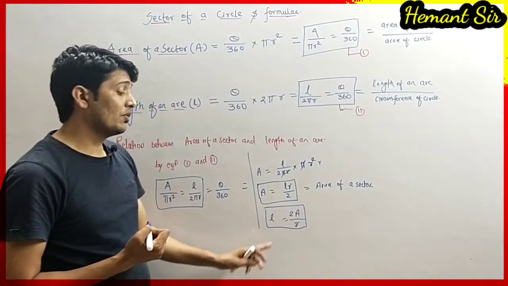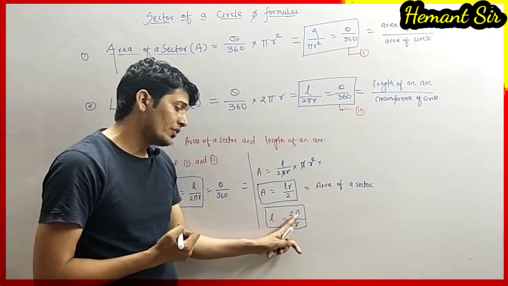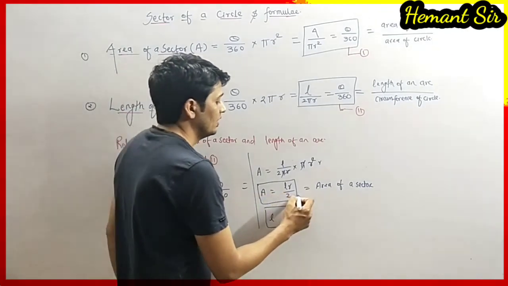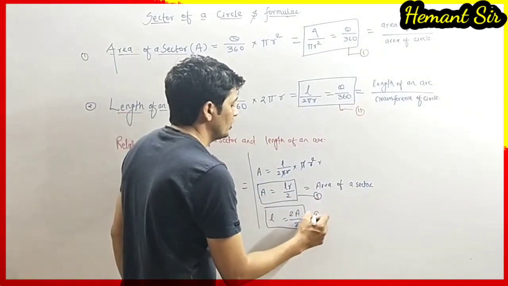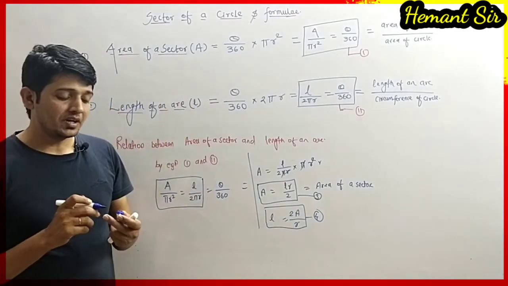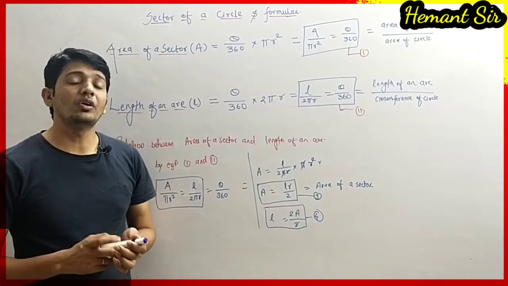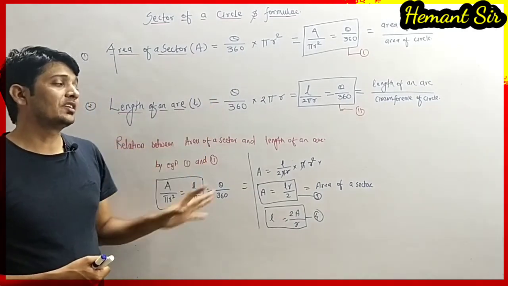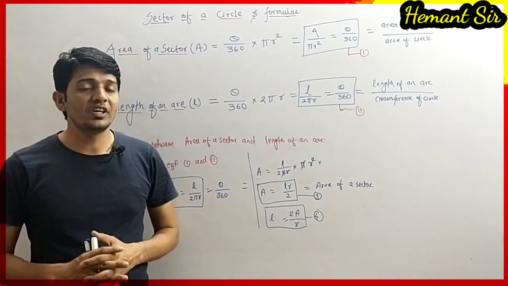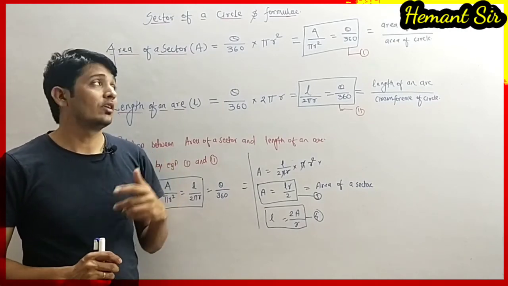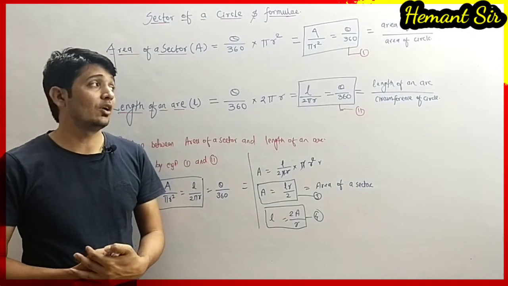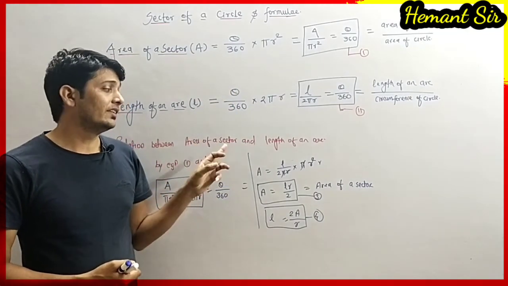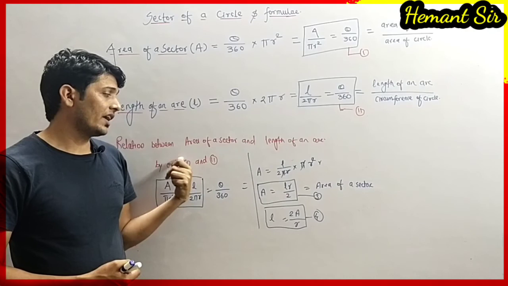So what is the formula for length of an arc? It is twice the area of a sector divided by radius. So it is the fourth formula that you have to remember, and these formulas are going to be used in our next solved problem as well as in our practice set. These four formulas are very important to understand everything about the area of a sector of a circle. So students, you have to write down all the formulas and the relationship between the length of an arc and area of a sector.